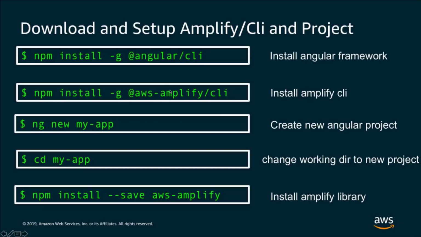After that, we are going to create a new project. In this case, we're going to call it my app. It can be any name. Then we are going to change our working directory into that new project, and finally, we are going to install the Amplify framework